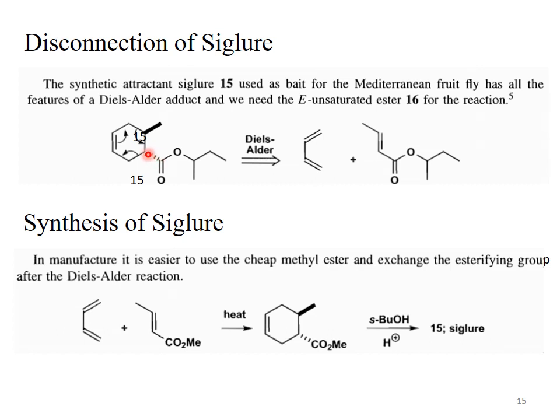Synthesis of Sigler. Now we will show the synthesis. In manufacture, it is easier to use the methyl ester instead of this type of ester. See this one. This is diene. This is dienophile, trans dienophile. The dienophile has trans configuration. Here is the hydrogen and here is the hydrogen. These two hydrogens are trans to each other. This is a simple methyl ester and easily available instead of